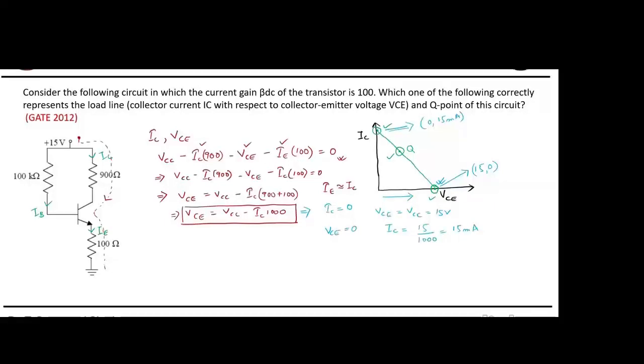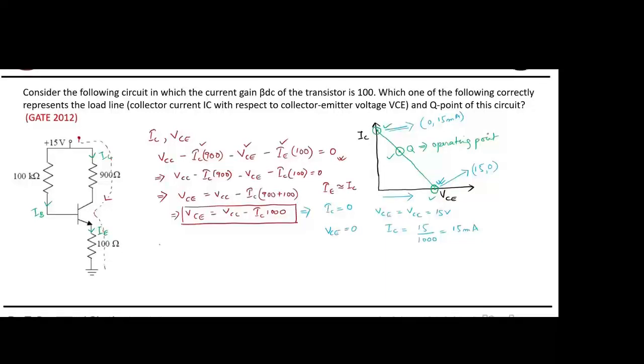Now, we have found out these two intercepts, but we need to find the quiescent point also, right? So what is this Q point? Q point is basically the operating point. Operating point, right? So in order to find out the operating point,